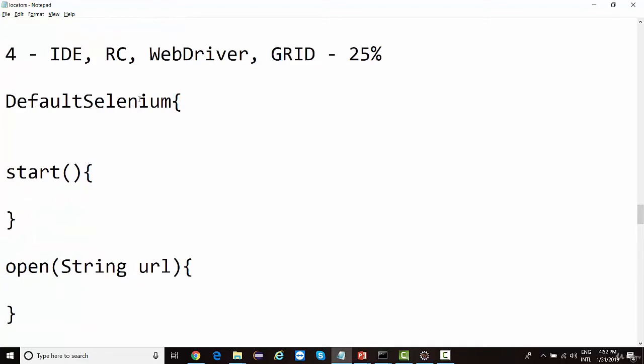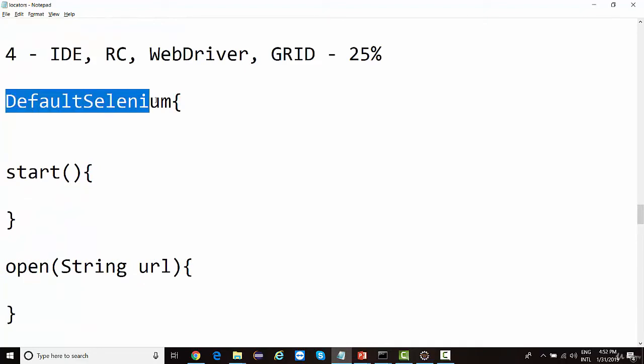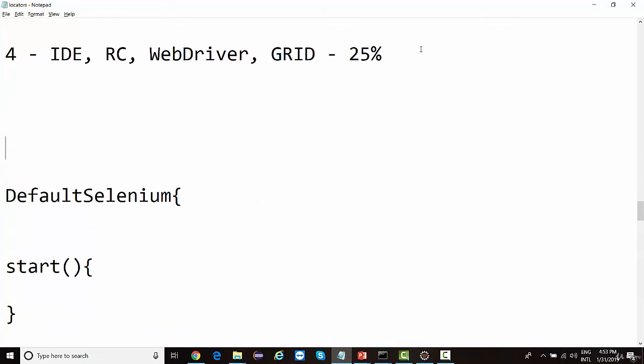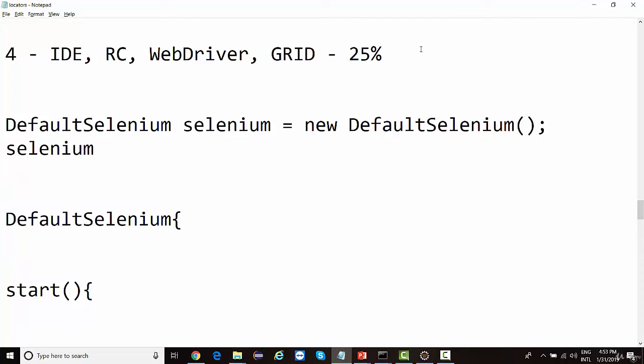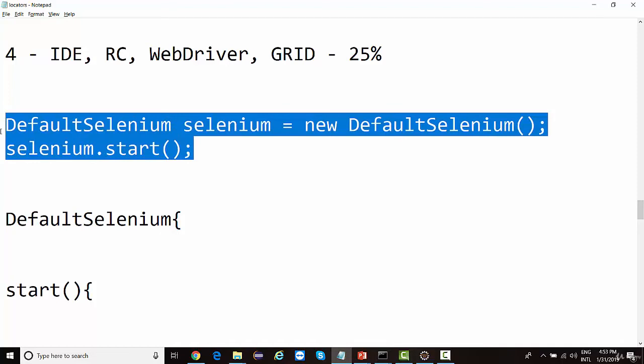Now, in order to automate things using DefaultSelenium, since it's a Java class, we just need to create an object of the class by saying DefaultSelenium selenium equals new DefaultSelenium, something like this. When you say selenium.start, if you write this much code and run it, it is going to launch a browser.